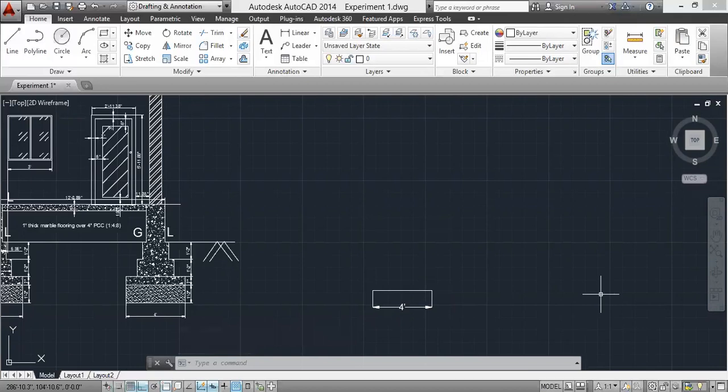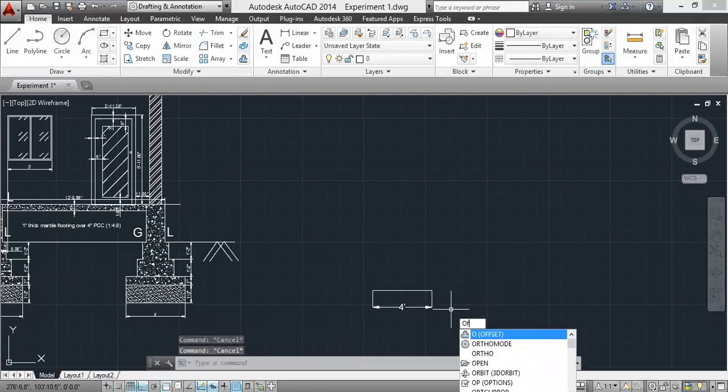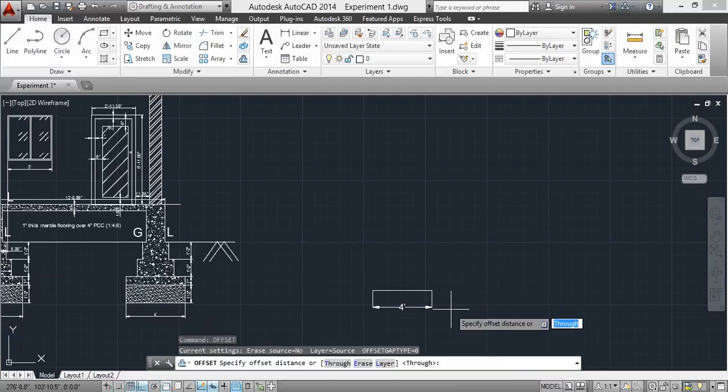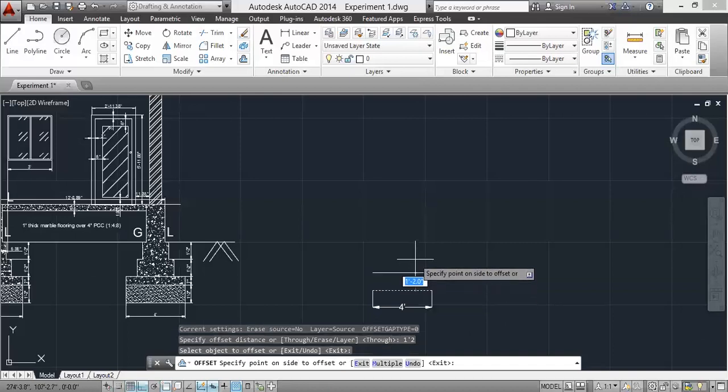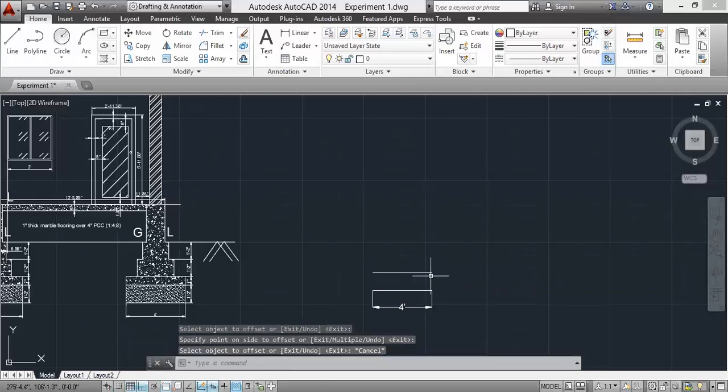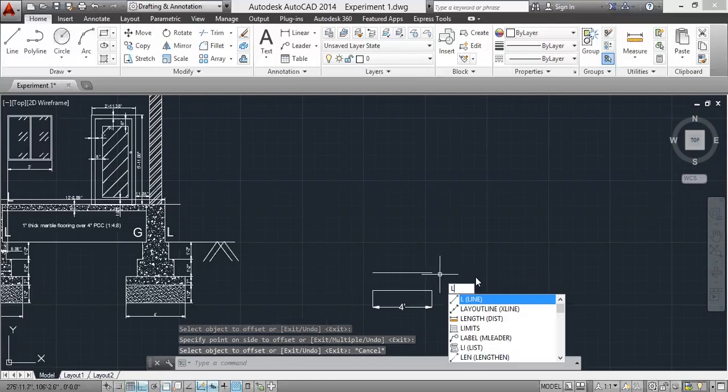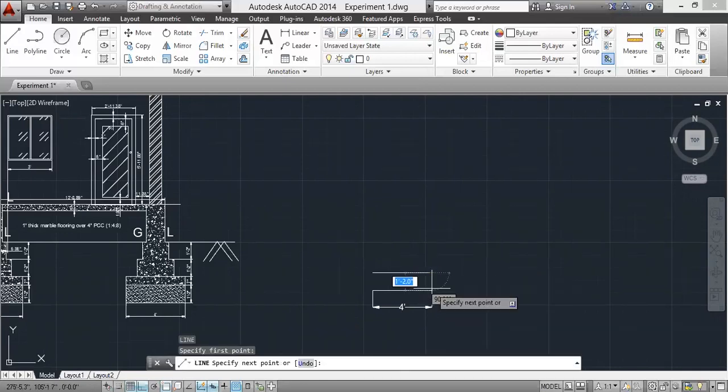Then after that we should give an offset here of 1 feet 2 inch, right? Offset command, 1 feet 2 inch. Click on it, then join these two lines. L enter, click on this, join this.